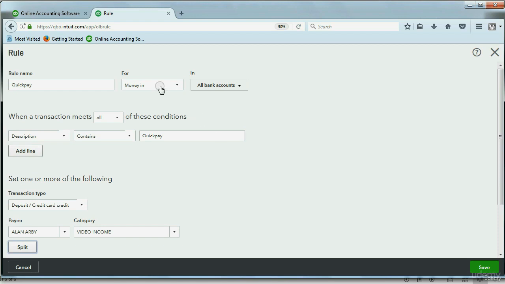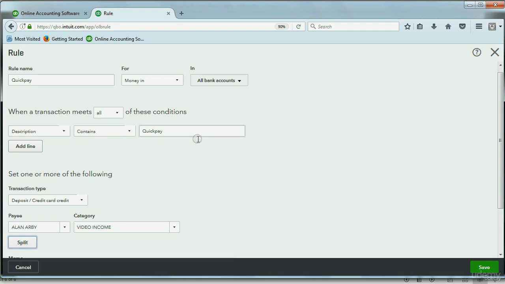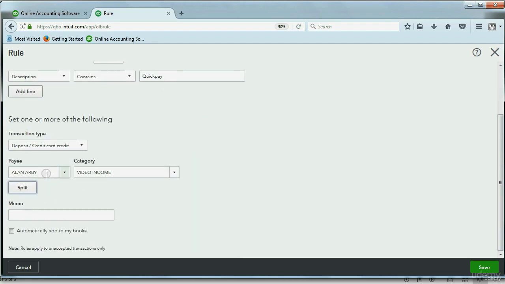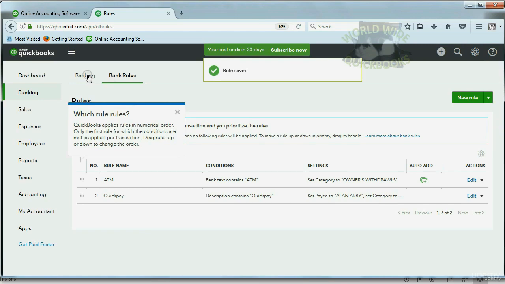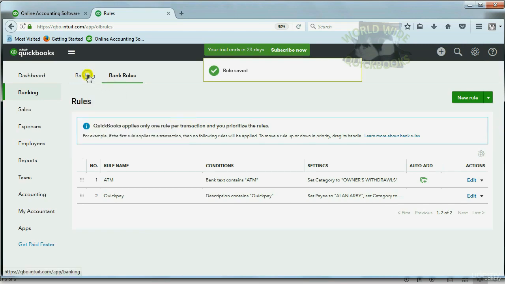So again, for all money coming in, if the description contains this, and I suggest you explore and experiment with these options later, QuickBooks should put the name as Alan Arby and the account as Video Income. Now after we save this rule, we can come back to the bank